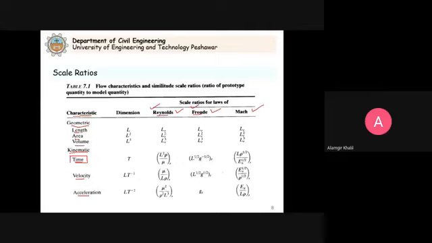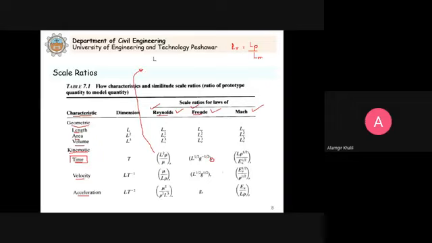You see R is written. Whenever you see R written in a subscript, remember it means that it is the scale ratio. When we have LR, it means that this is LP by LM. Whenever you see the scale ratio, it actually means LP by LM. So now these quantities are written. So actually this means that